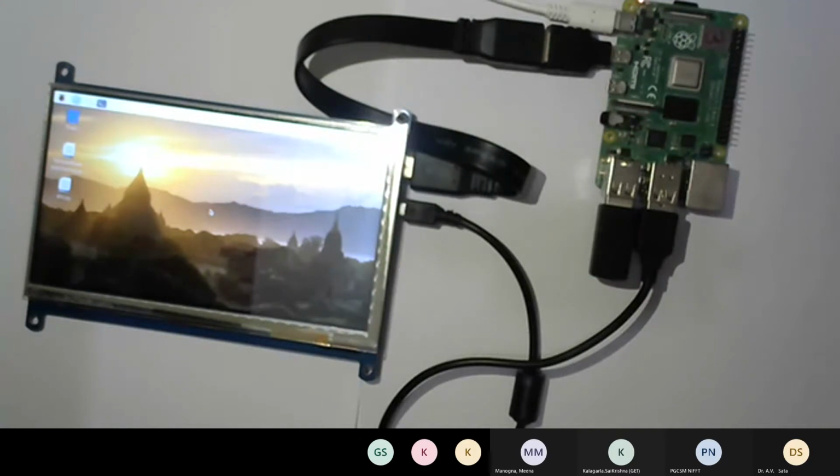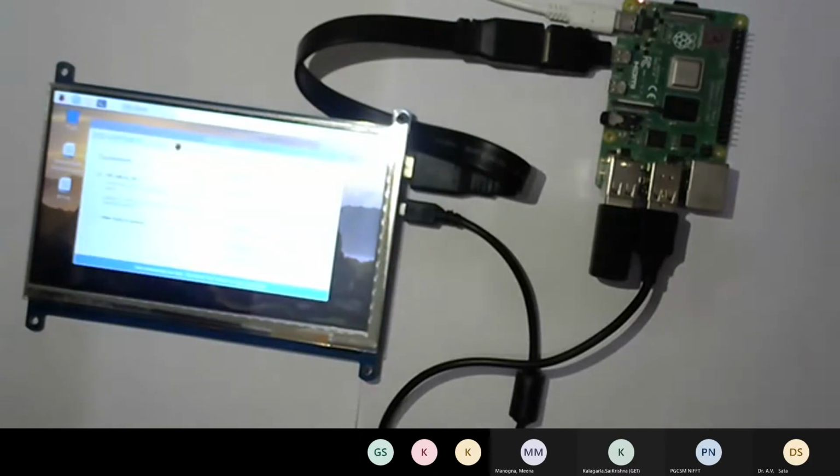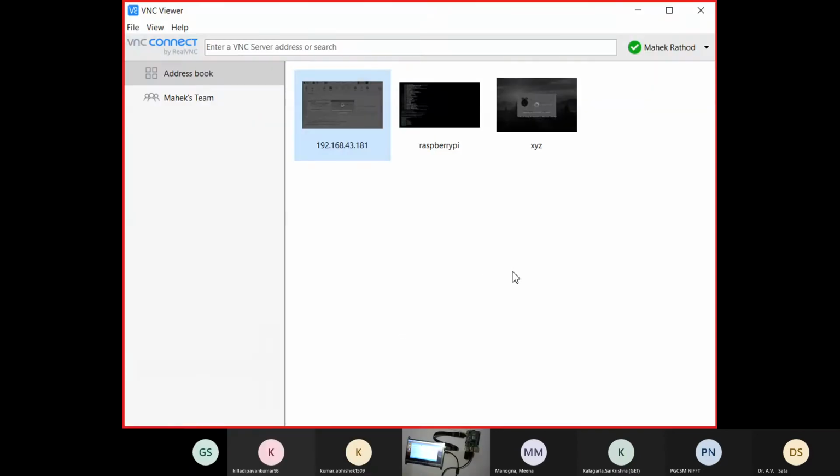I'm using a VNC player to connect the screen with my PC. There is one inbuilt capacity. Let me just screen share it with you, how to connect it with Pi. So this one is a VNC viewer. Raspberry Pi has an inbuilt VNC viewer. From this software, we can actually see the screen of Raspberry Pi. It is pretty much the same as AnyDesk or TeamViewer.